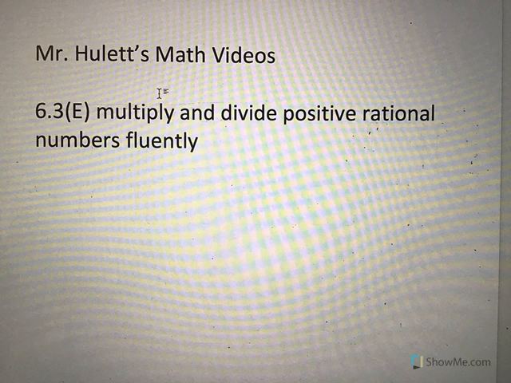All right, today's video we're going to be talking about multiplying and dividing positive rational numbers fluently. First, let's start off with what are rational numbers? Rational numbers are any number that we can write in the form, or ratio, of A over B. Rational numbers look like fractions, terminating decimals, repeating decimals, integers, whole numbers, mixed numbers, and so on